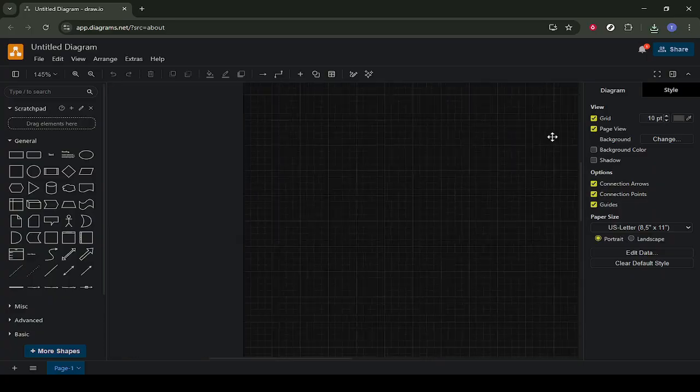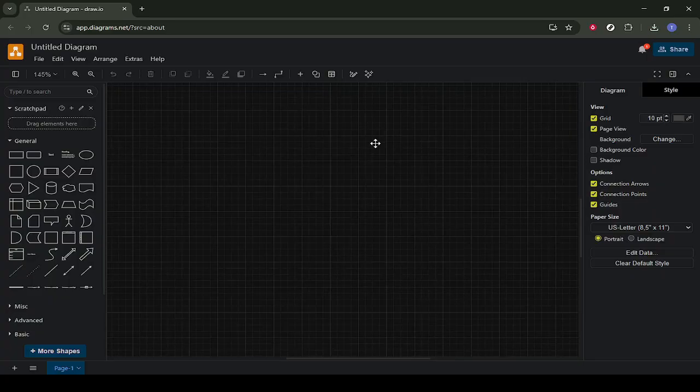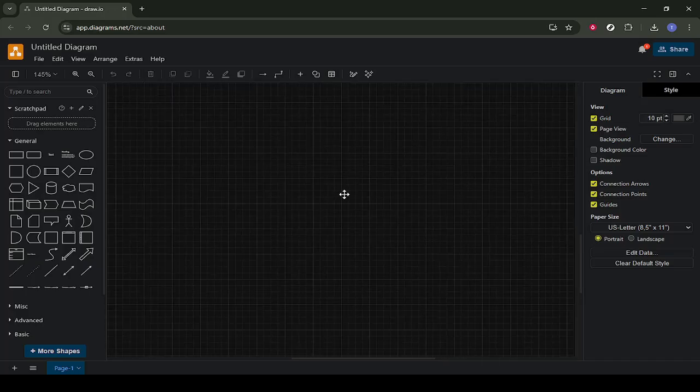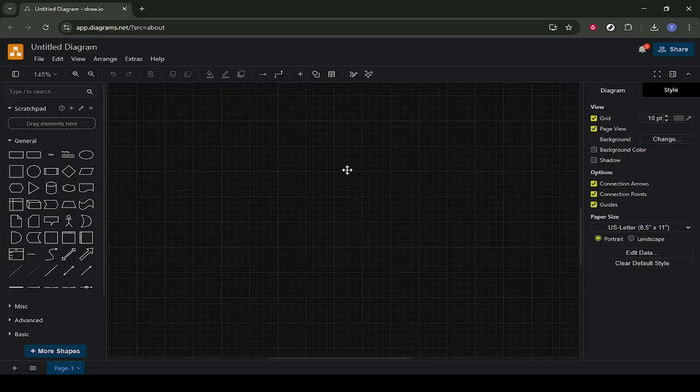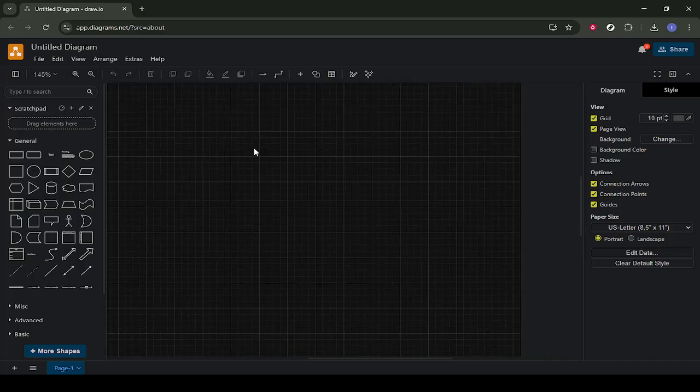A couple of tips here. If the canvas doesn't move, double-check that your cursor is actually over the white drawing area and not on a panel or toolbar. Also, remember that you need to keep the spacebar held down the entire time you're dragging. If you let go of it, you'll switch back to your normal tool and might accidentally select or move shapes